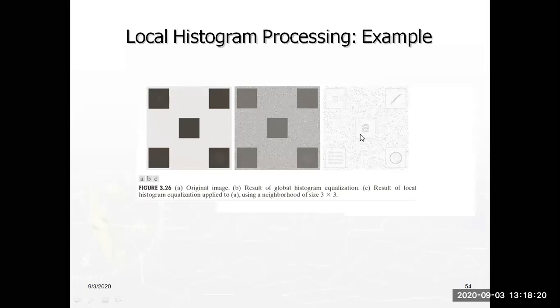Only some letters are available in the blocks. Did you observe that? In the first case, there is a letter A, and there is a small line, and there are bars. But in the first case, it's not available. In the second case also, sometimes it is not available. So the local histogram processing is also an enhancement process. Enhancement means we have to identify what the particles are inside the dark blacks. So the local histogram processing is also used to enhance the image.